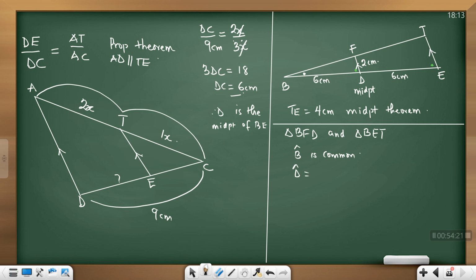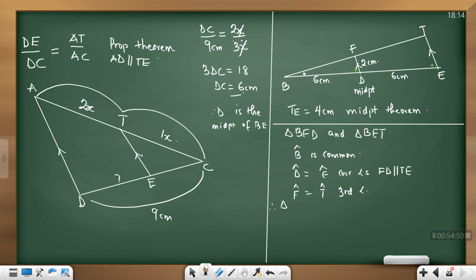Angle D is equal to angle what? E. What's your reason? Corresponding angles. Which lines are parallel? FD. You must always write that. What will I say about angle F and T? Angle F is equal to angle T. What's my reason? Corresponding angles. Third angle. You can also use corresponding, but third angle. Therefore,